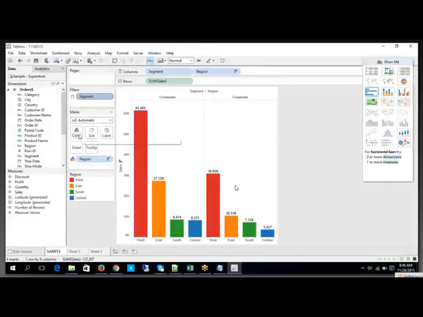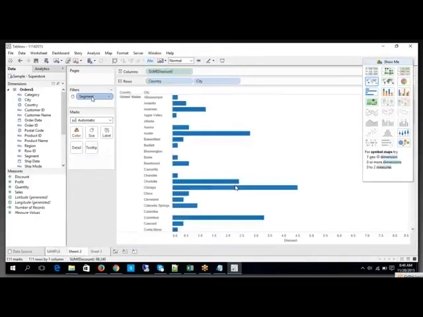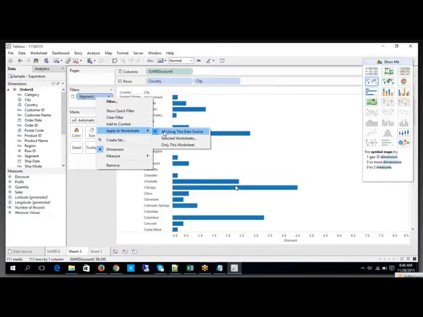The data has been retrieved into your worksheet, but on top of it, the filter is going to be applicable on all the worksheets which are dependent on this data source.